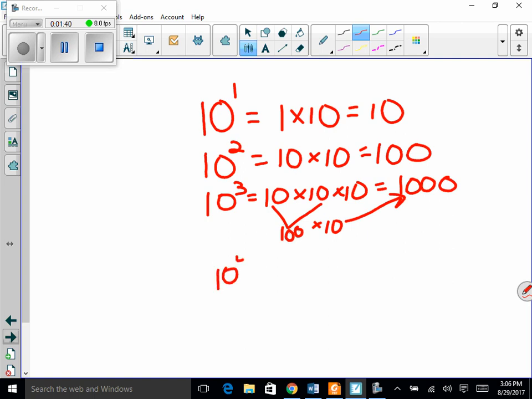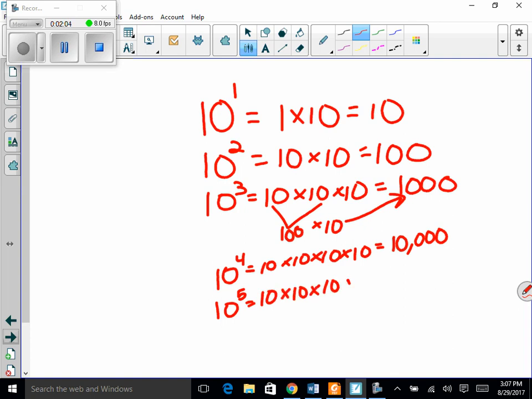You have 10 to the fourth would equal 10 times 10 times 10 times 10, or 10,000. And you can see, instead of writing 10,000 with the one with 4 zeros, all they have to do is write 10 with a little 4 above it. You have 10 to the 5 would equal 10 times 10 times 10 times 10 times 10. And that equals